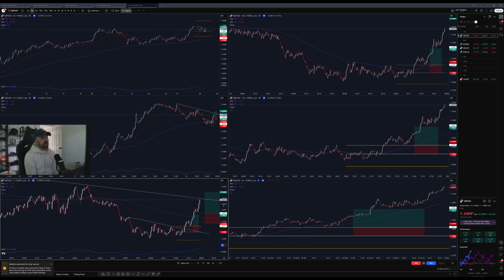The issue I run into with pound pairs, though, is that I cannot risk my max risk on them. So I sit there and I'm like, is it even worth taking the trade? I mean, money's money at the end of the day, but I'm only able to really put on like half my normal size to get into this position at 5 pips on a pound pair. So it actually honestly may have been even less than half my normal size. It may have been like 1/3 or so.